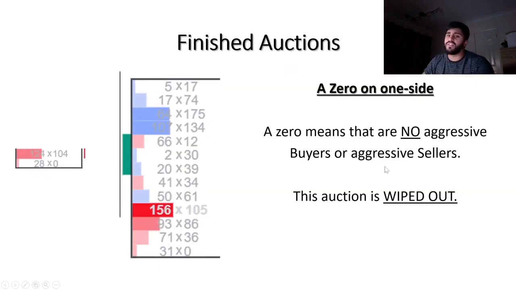And last but not least, finished auction. So I briefly said earlier that there's a bid and the ask. Now, when there's a 0 on one side, what this represents when we see a 0 is that the auction has been wiped